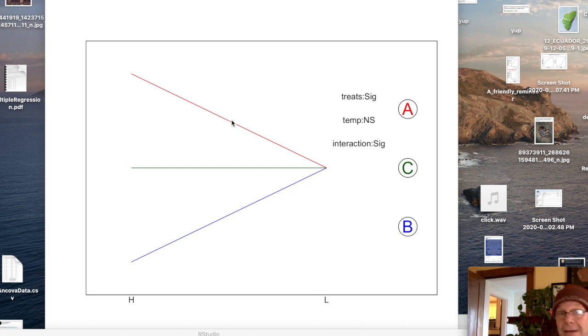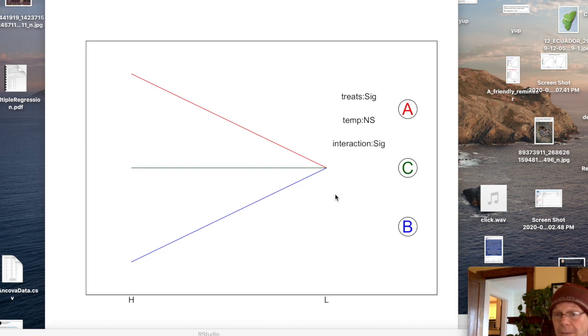And for A here, it's the average between the high and low of there. But overall, on average, A is greater than C is greater than B. Okay? But we also have this significant interaction term, where I'm eyeballing this interaction plot, and what I'm assuming is that temperature probably is important, but it's only important at a high temperature. At a low temperature, they all converge at the same mean, so there doesn't seem to be any effective treatment